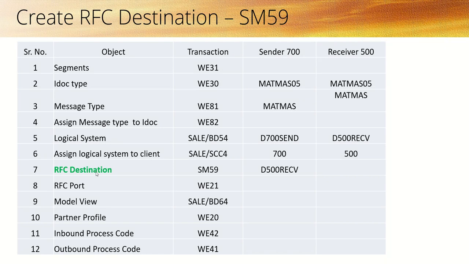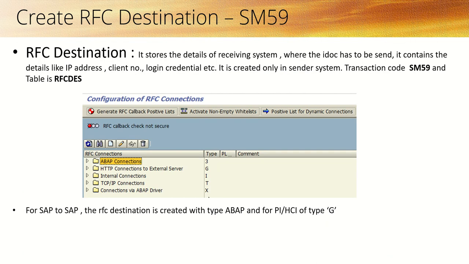Now let's create the RFC destination. The RFC destination is created only in the sender system, and the transaction code for this is SM59. While creating the RFC destination, we need to maintain the details about the receiver system, that is, where the IDoc has